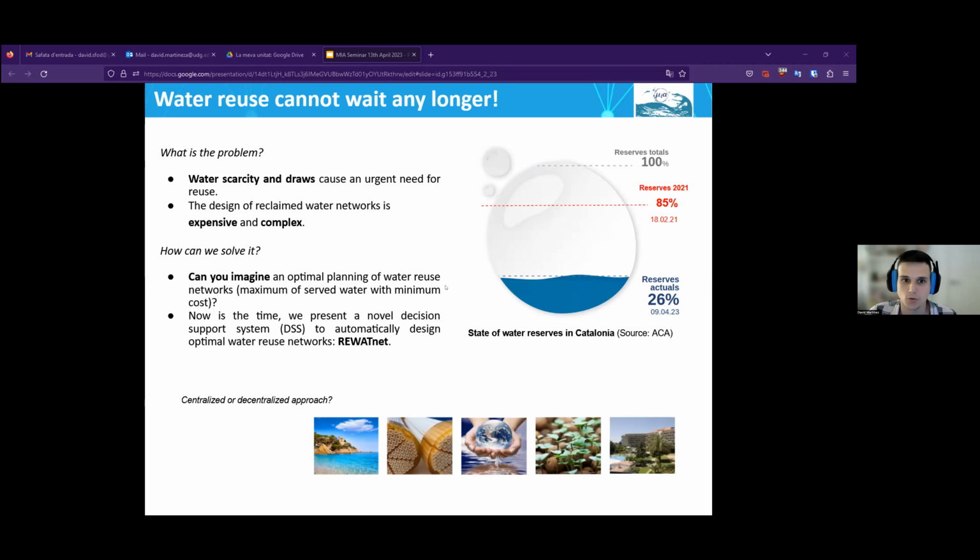Obviously, the design of reclaimed water networks, we all know, is an expensive problem and very complex for technical operators. So can you imagine an optimal planning of water reuse networks, which means serving the maximum amount of water with minimum costs? Now it's the time, and we present a novel decision support system to automatically design these optimal water reuse networks that we call ReWattNet. There is an active discussion of whether to apply centralized or decentralized approaches to water reuse problems. In this case, we focus our research on the centralized approach,